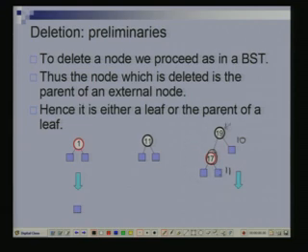If this is the node that I am trying to delete and it did not have a right child and it was not a leaf either, then that means that its right child is an external node. We said that already. Its left child will be a red node, which would be a leaf. So, then in this case the node that we are deleting is really the parent of a leaf node. In each case we are deleting this node here, right. In these two cases the node we are deleting are leaf nodes themselves, and in this case it is the parent of a leaf node.